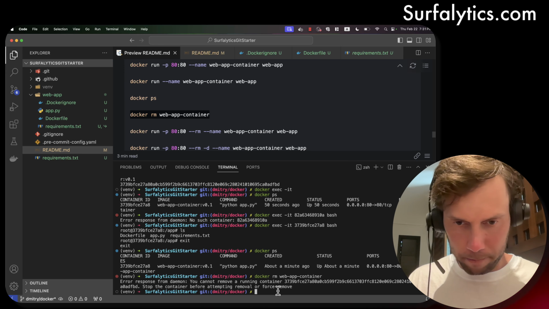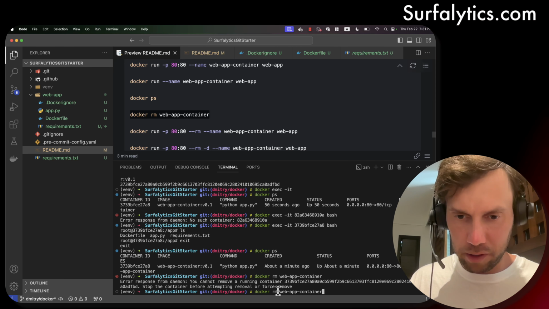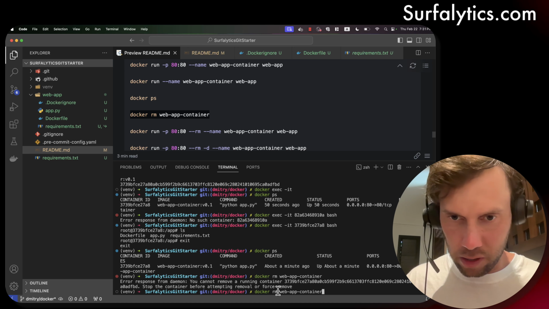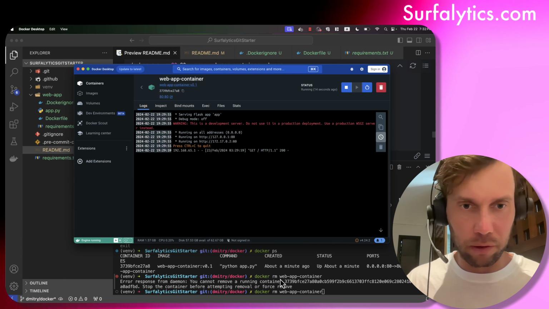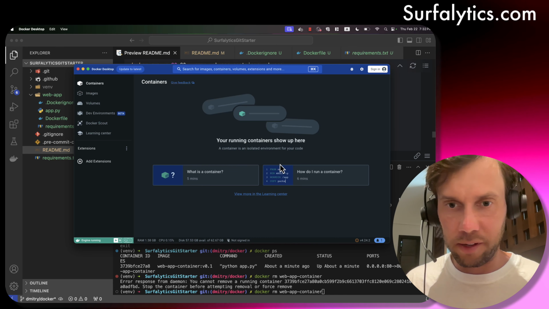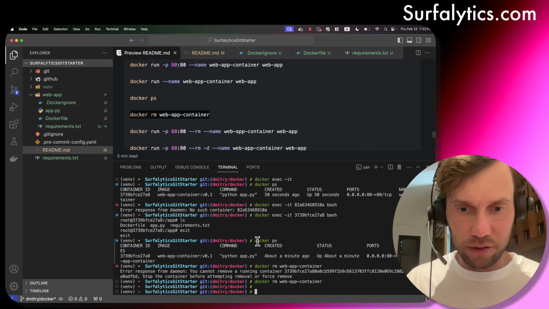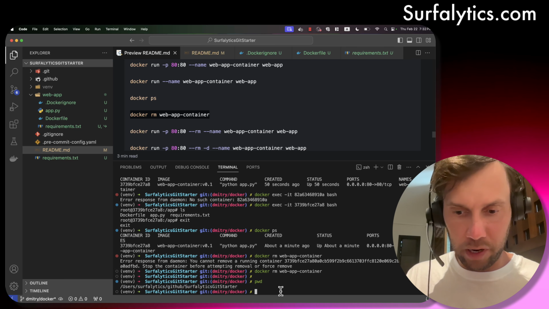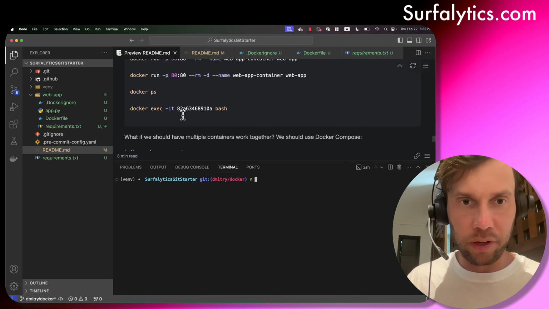So we can delete the running container, but we need to stop it first. I can just stop it from here. I forgot the command, so I can just stop it and then delete. Very simple. Next step is, let's see where we are now. We're inside the home folder. Let's move to